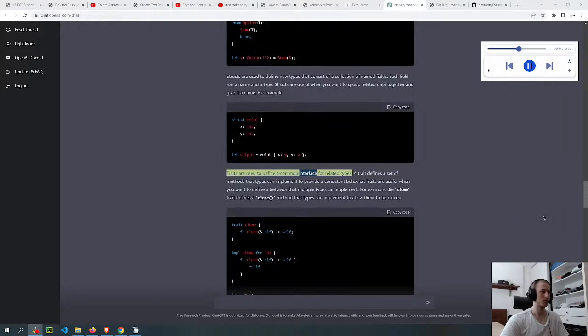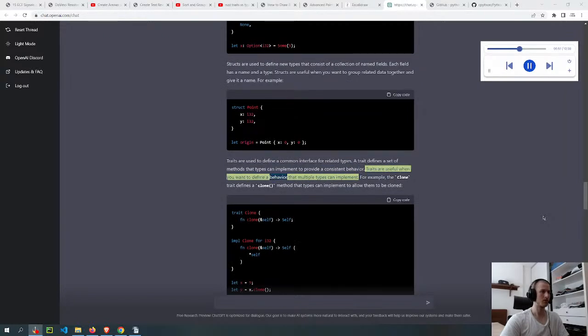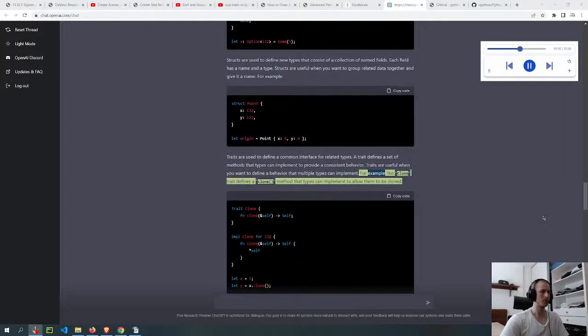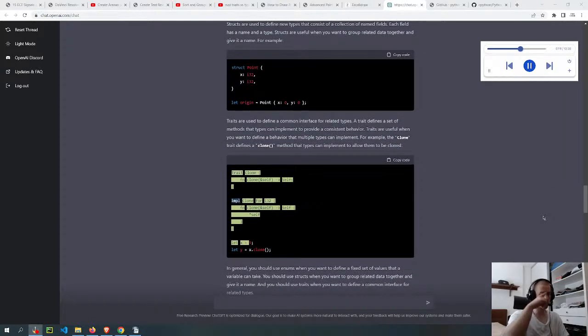Traits are used to define a common interface for related types. A trait defines a set of methods that types can implement to provide a consistent behavior. Traits are useful when you want to define a behavior that multiple types can implement. For example, the Clone trait defines a clone method that types can implement to allow them to be cloned. trait Clone { fn clone(&self) -> Self; } impl Clone for i32 { fn clone(&self) -> Self { *self } } let x = 5; let y = x.clone();